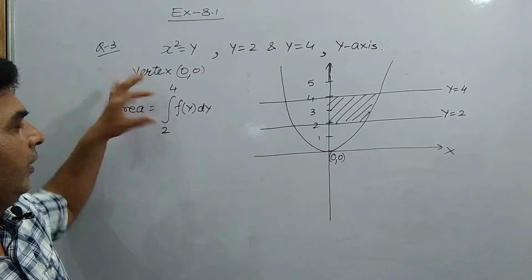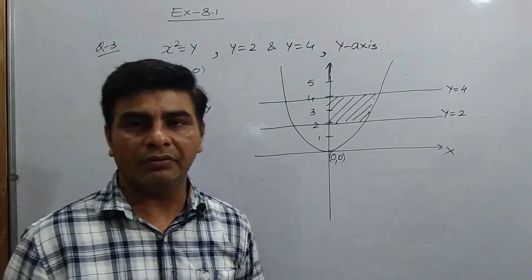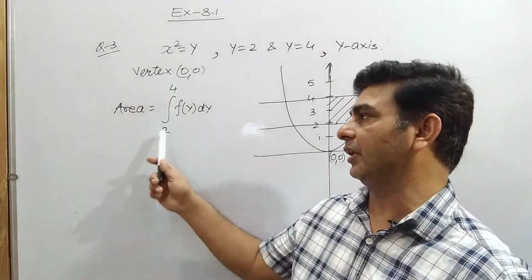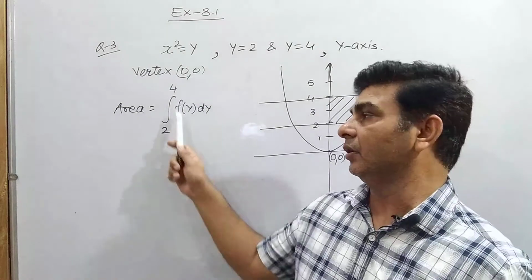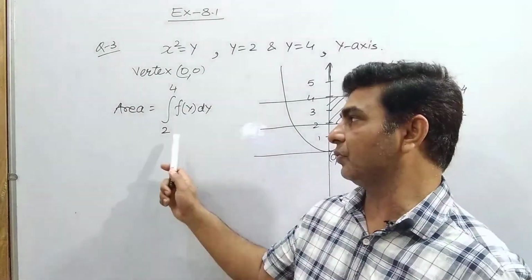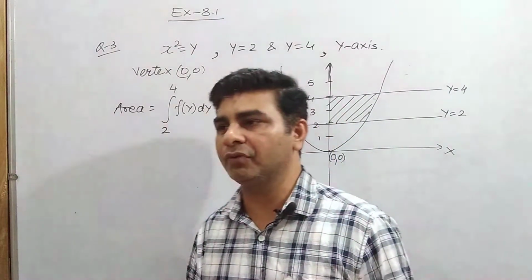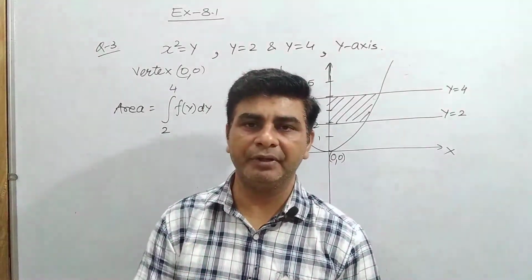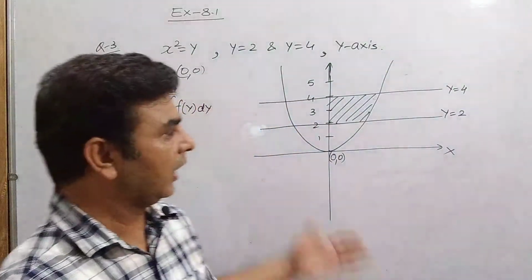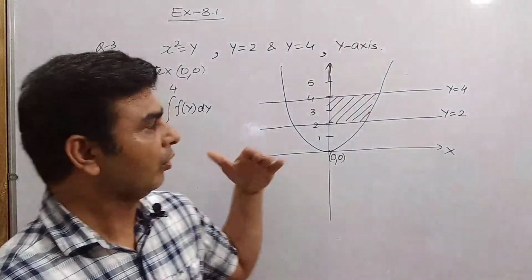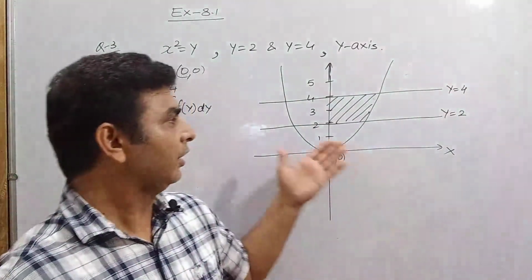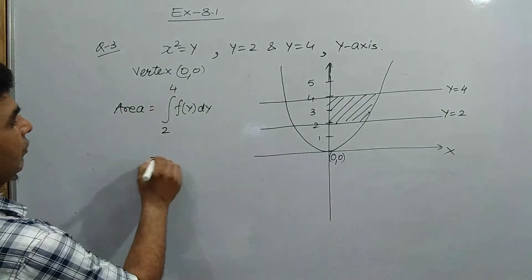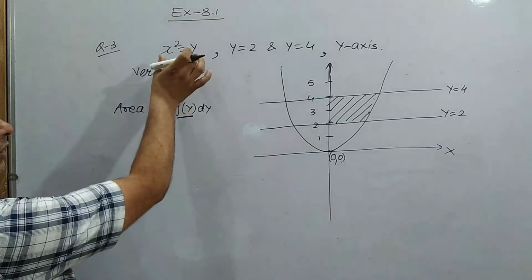क्योंकि लिमिट y के लिए है, तो जो इंटीग्रेशन होगा that should be with respect to y. एक बात का ध्यान रखेंगे बच्चे आप लोग कि अगर आप इंटीग्रेशन में लिमिट x की लेते हैं तो इंटीग्रेशन जो होगा that should be with respect to x. लेकिन अगर आप लिमिट्स y की लेते हैं तो जो इंटीग्रेशन होगा that should be in the form of y. लिमिट x की लेंगे, x के रिस्पेक्ट में इंटीग्रेशन करना है. लिमिट y के लेंगे तो y के रिस्पेक्ट में इंटीग्रेशन करना है. Along the x axis, we take the limit for x, and along the y axis, you have to take the limit for y.